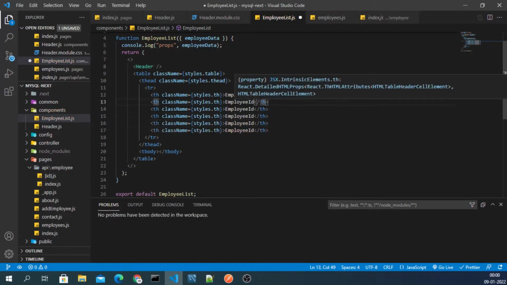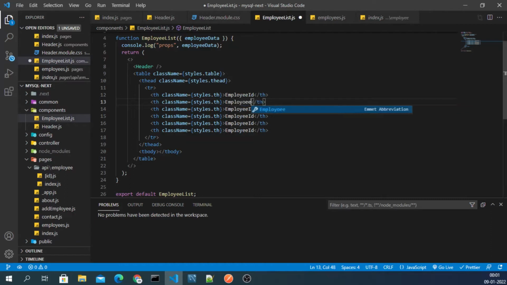After employee ID, I will type employee name, and then employee email, and then employee address, and then employee phone, and then here actions.